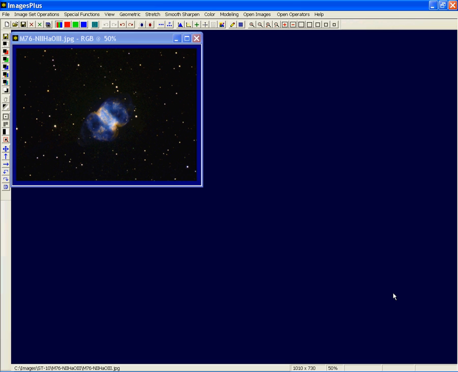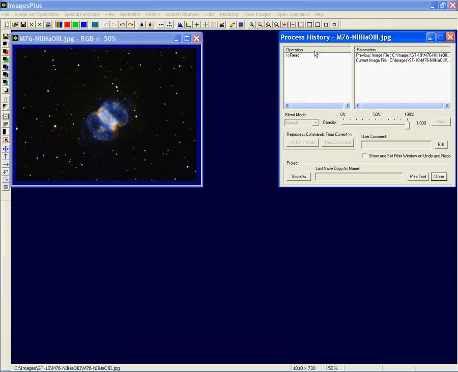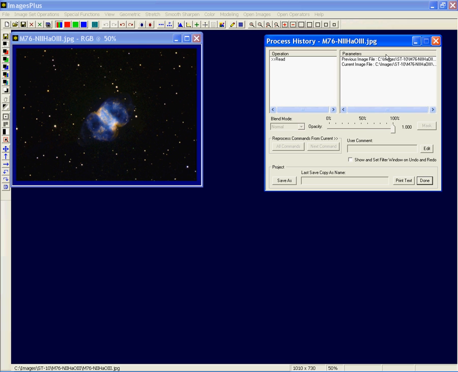In this video, I'd like to show you a second type of layered image stack in ImagesPlus, the combined image and mosaic layer stack. Now, ImagesPlus has really two layered stacks for images. The process history layers allows you to easily